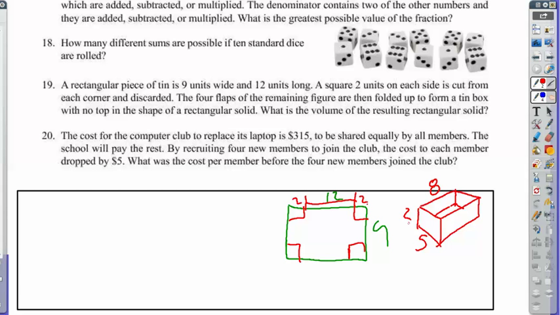And we're asking for the volume. What is the volume of the resulting rectangular solid? And so we have 2 times 5, which is 10. 10 times 8, which is 80. And remember, you don't need units in these, so it's just 80. Finally, number